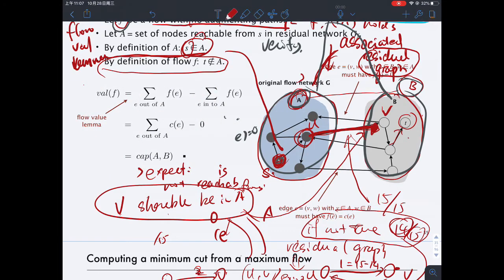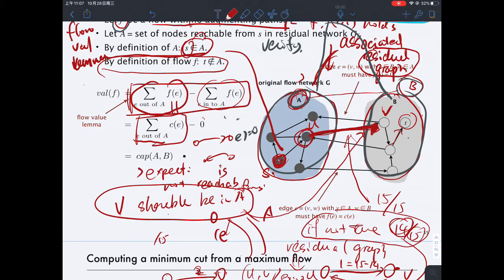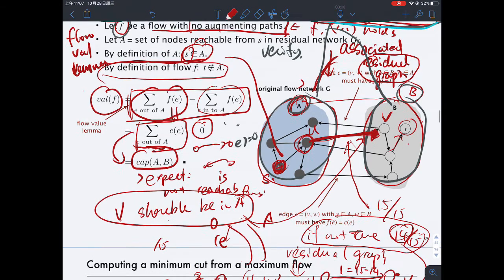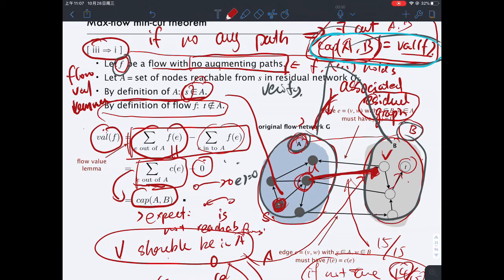let's just erase a little bit. So we sort of proved that when an edge is going forward, I have to fully utilize it. When an edge is going backward, I have to not use it. Otherwise, e will not be a crossing edge. So if I use both conditions, I will translate the two summations into a summation and a 0. If you look at the summation here, it's the definition of the capacity of A and B. So by now we managed to prove that, by using the way we construct A and B, indeed the value of f equals the capacity of A and B, and that really wraps up our proof of 3 implies 1,